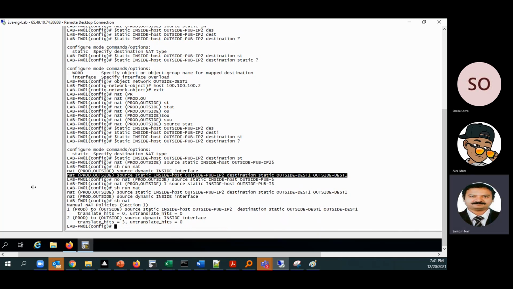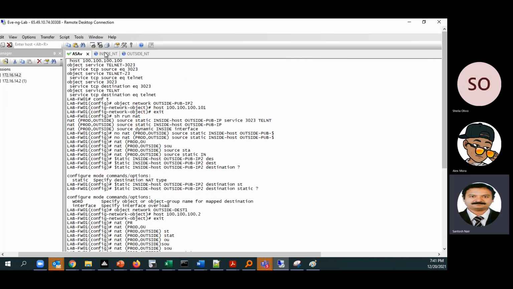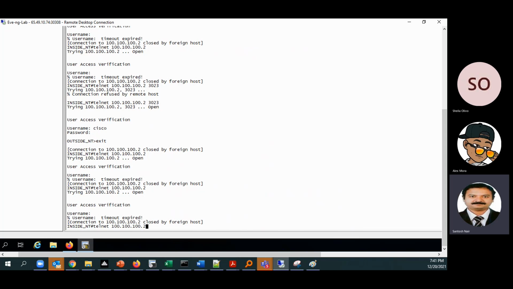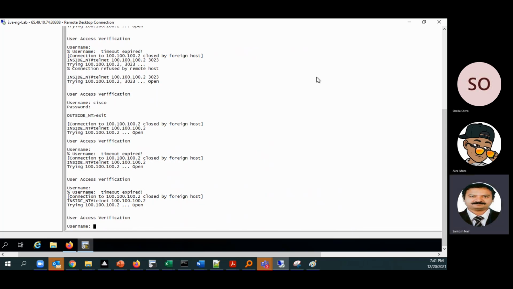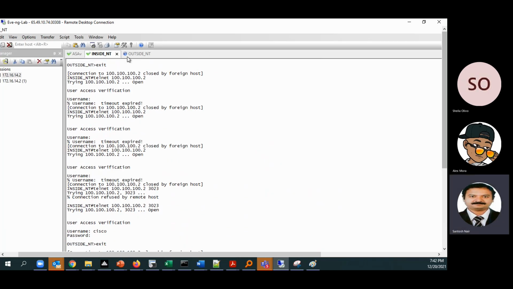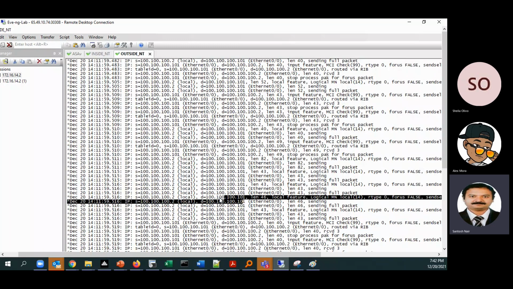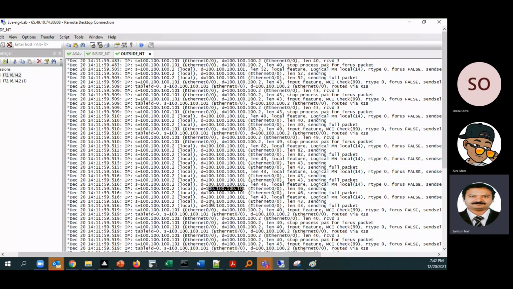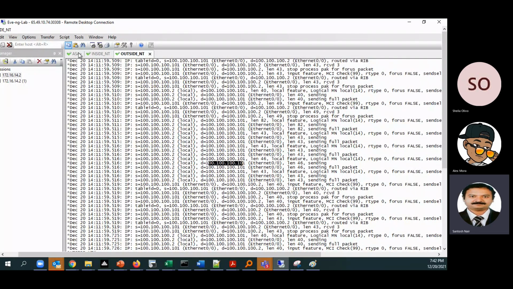Now I have given it like this. Telnet is happening fine. Let's find what the IP address is. See, 101. You're able to see it, right? Yeah, we can see it. This is a conditional NAT.